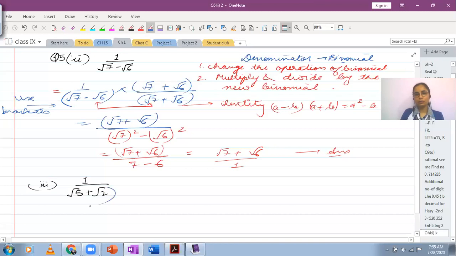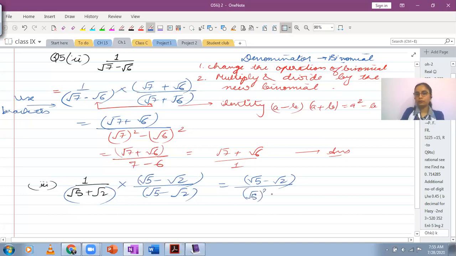This is what we have now. So my denominator is now root 5 plus root 2. I'm going to multiply with the opposite: root 5 minus root 2 over root 5 minus root 2. And this is root 5 minus root 2 in the numerator. In the denominator, I will have root 5 squared minus root 2 squared. So this will be root 5 minus root 2 upon 5 minus 2, sorry, it's 2 here. So this is what I have. This is the simplified answer.